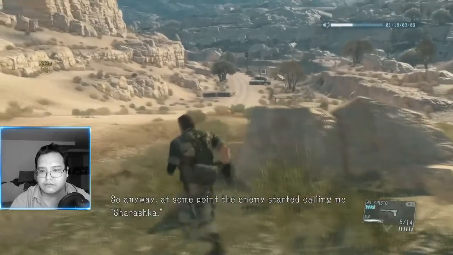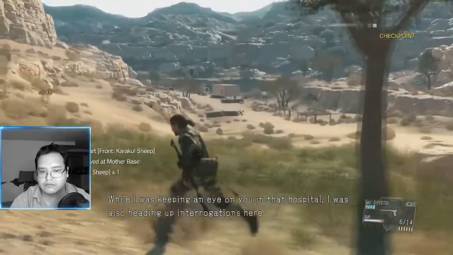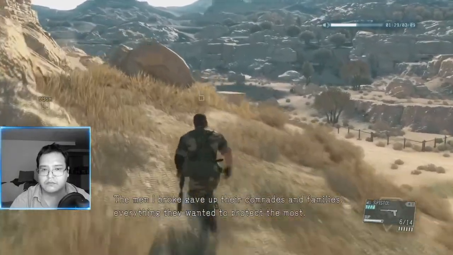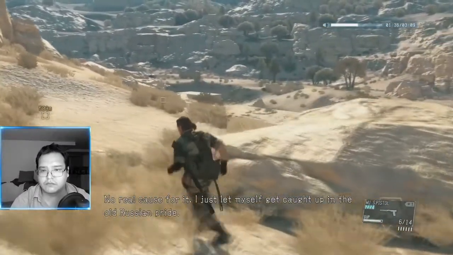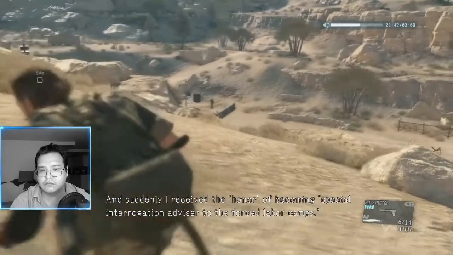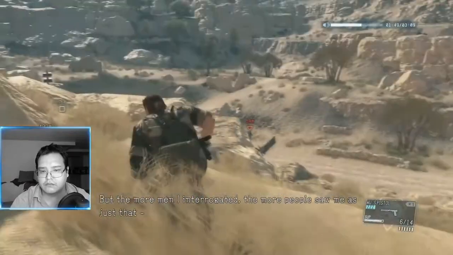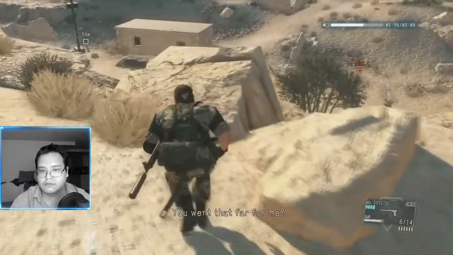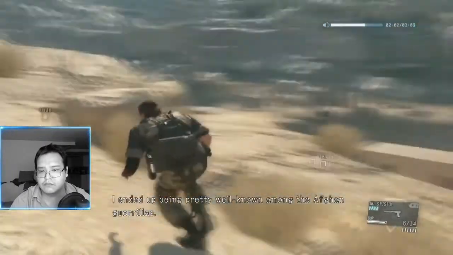So anyway, at some point the enemy started calling me Sharashka. This was after the war in Afghanistan broke out. While I was keeping an eye on you in that hospital, I was also heading up interrogations here. The men I broke gave up their comrades and families, everything they wanted to protect most. No real cause for it. I just let myself get caught up in the old Russian pride. And suddenly I received the honor of becoming Special Interrogation Advisor to the forced labor camps. But the more men I interrogated, the more people saw me as just that, the interrogator. It helped cover my real objective of keeping you safe. You went that far for me? Far enough to keep you alive. I ended up being pretty well known among the Afghan guerrillas. Some of them would have...